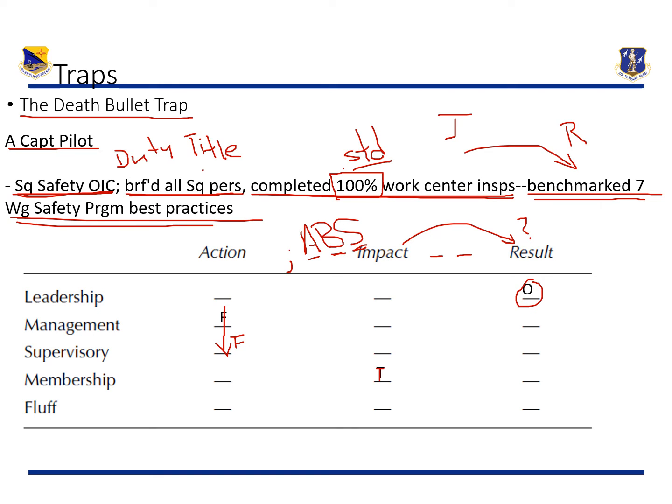Impacting 7 safety programs at the wing is amazing. But if I were to score this bullet, I'm sorry, but it wouldn't be more than a 1. And to be honest, I probably would go more for a 0.5. It's a captain we're talking about. Again, levy that duty title, that's responsibility, the scope of his duties with the result. There's no clear association between them. So that's what the death trap is all about.